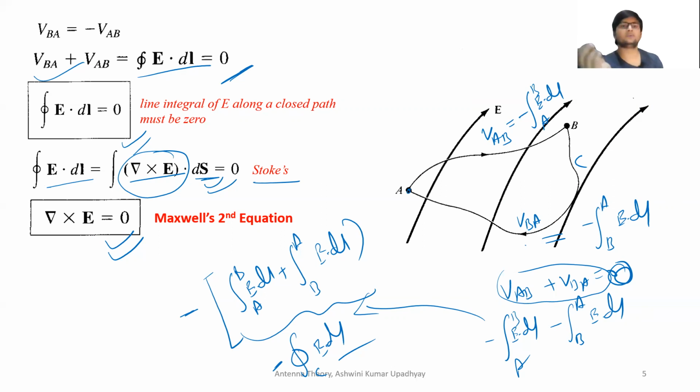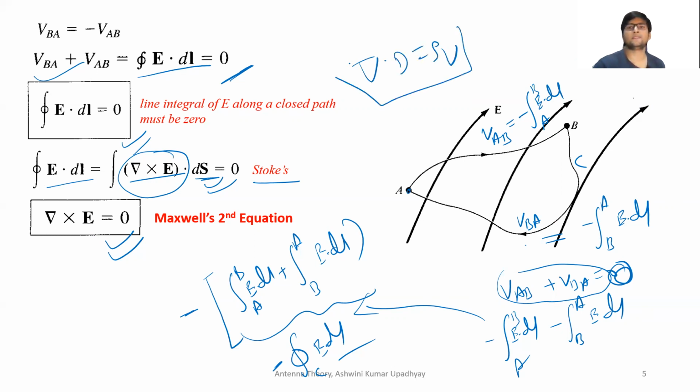So you get this formula as the curl of the electric field is going to be 0, which basically becomes Maxwell's second equation. And we have already seen Maxwell's first equation, which was del dot D is equal to rho V. Now we got our Maxwell's second equation, but with the condition that this equation, del cross E is equal to 0, is for the static electric field. In the case of a dynamic or changing electric field, this formula is going to change, and you will see and understand in future how it is happening. So remember, this is Maxwell's second equation, right?